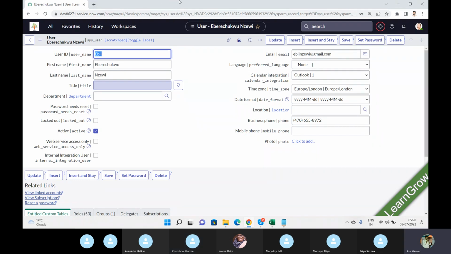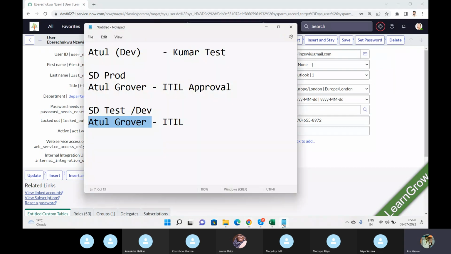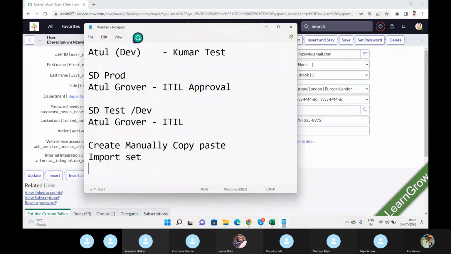If I want to move the EB account from this instance to another instance. Simple. Atul, you have multiple options. Number one, create it manually, a copy paste part. Otherwise, do it via import set. Okay. Fine, I agree. You can create it manually because it is